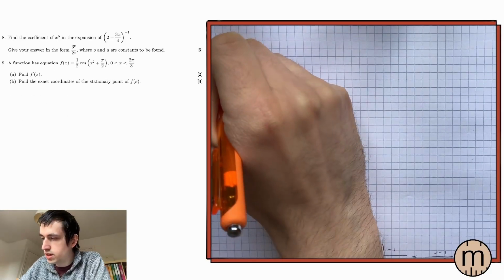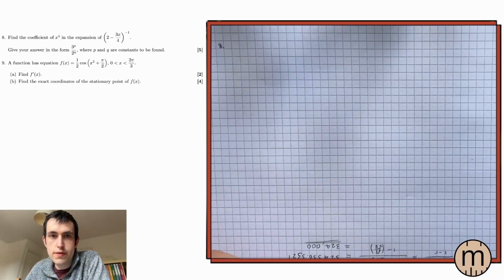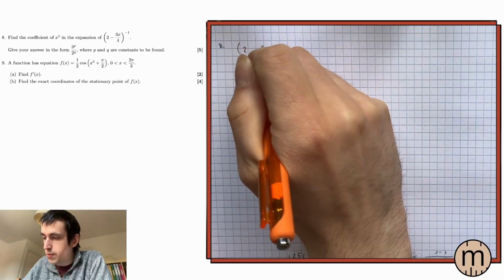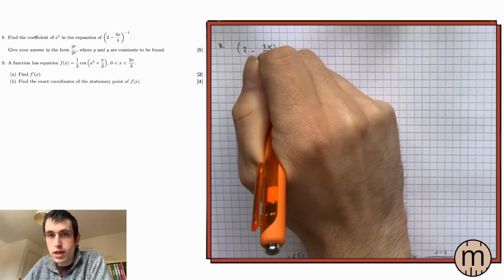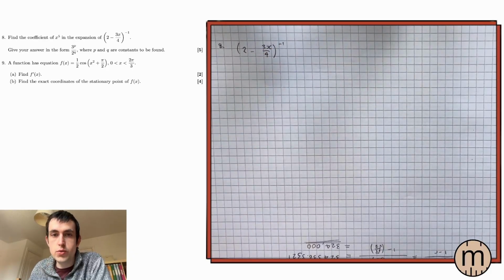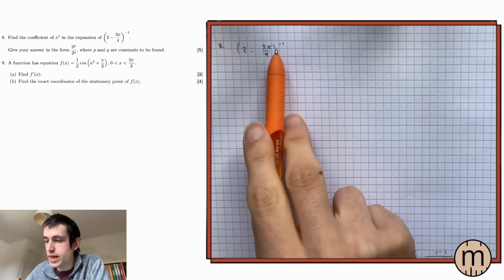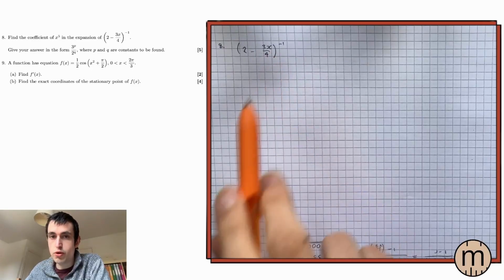Question 8, this one looks fun. We are doing a coefficient of x to the power of 5 in this wacky expansion, (2 minus 3x over 4) to the power of minus 1. And we have to give our answer in the form of 3 to the p over 2 to the q. How interesting. Because it's an expansion and the bracket is to the power of minus 1, we probably want to use